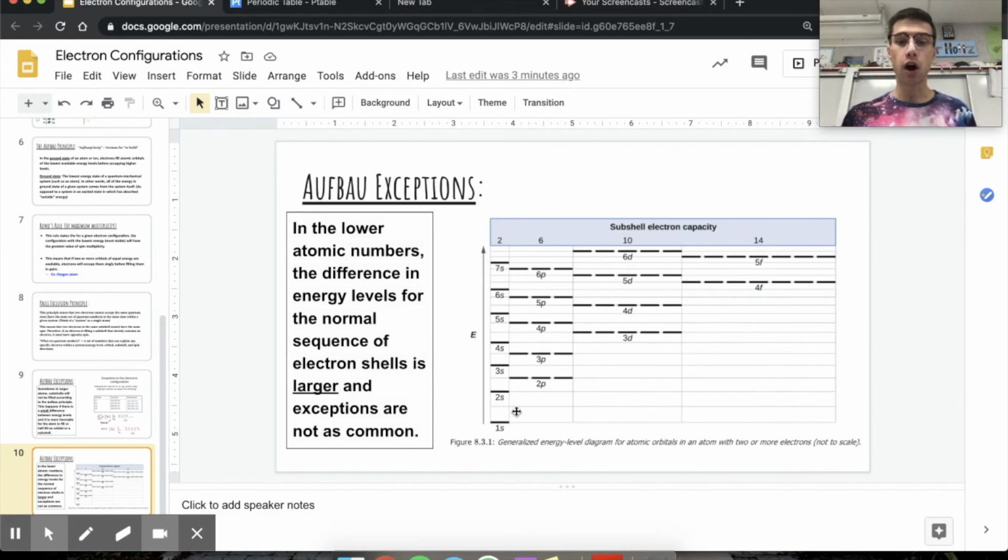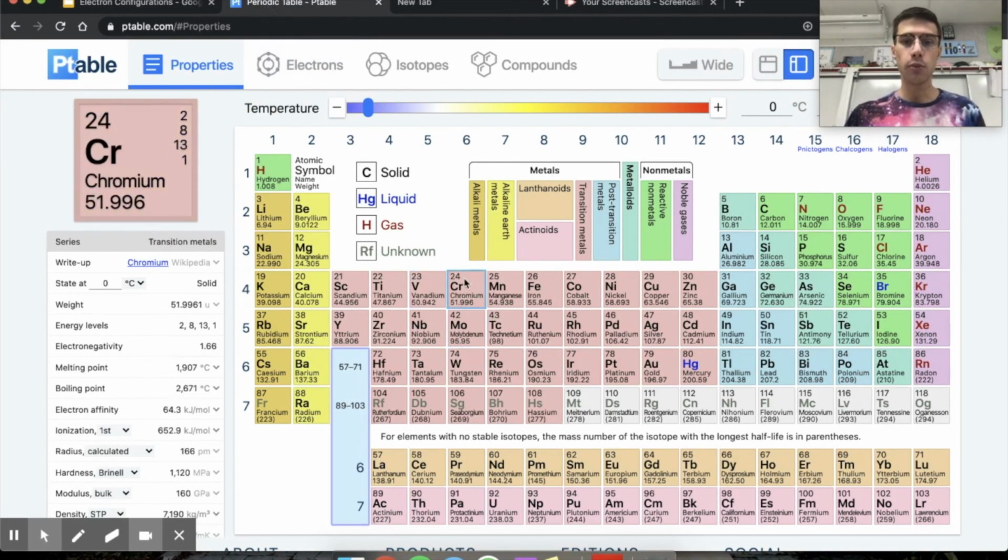So when we have smaller atoms and we're dealing with fewer electrons, we're more concerned with the energy distribution, okay? We're not going to have the first two electrons in an atom in the 2s subshell because there's a huge energy difference that they would have to overcome to skip the 1s subshell, okay? But as we get further and further out and atoms get more and more complicated, these energy levels get closer together. So again, for chromium right here, we would expect there to be